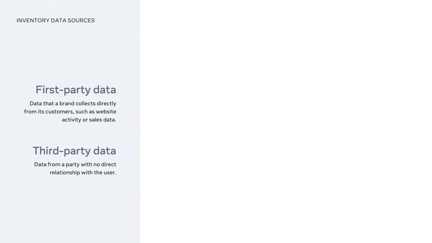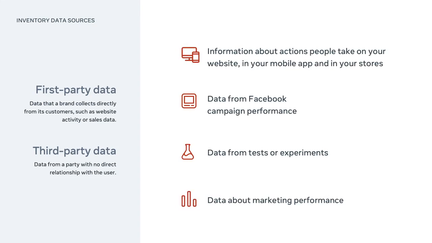There are two categories of data that we'll be discussing in this training: first-party data and third-party data. First-party data is the data that a business collects directly from its customers. This might include website activities and sales data. Third-party data is data that a party with no direct relationship with the user collects, such as a data management provider. Within these categories, there are four types of data that you can use for analysis: